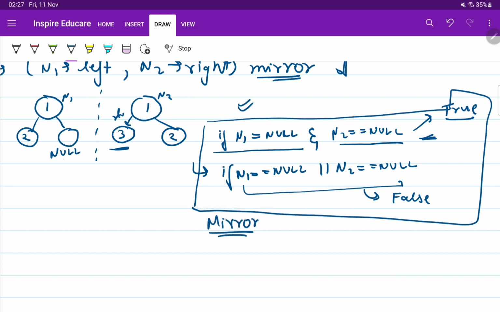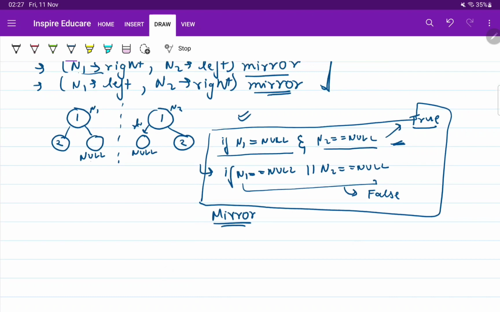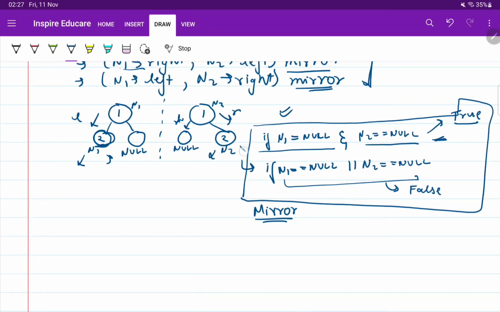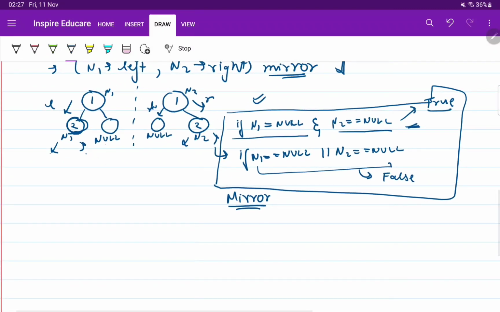Understood? So like if we see, it would have been null here, right? And then it would have checked here, the left of n1 and right of n2. It would have gone on this node, this would have become n1, this would have become n2, then it would have checked. Now because all the nodes are leaf nodes, there is nothing there, so it would have written true, and this would have become a